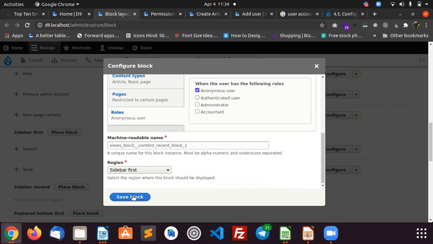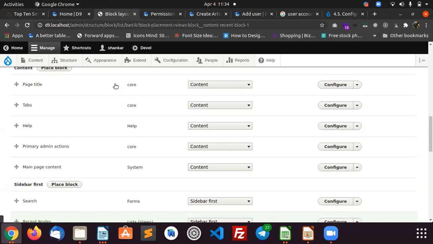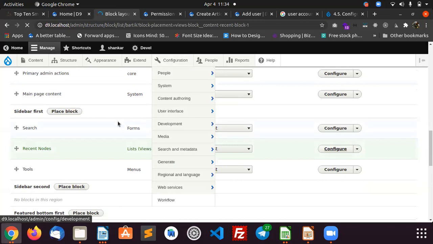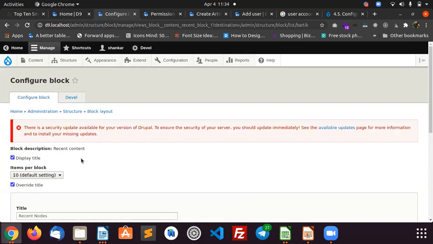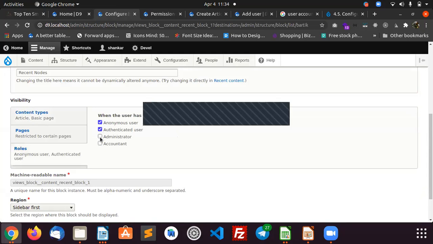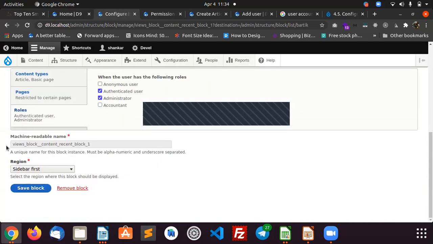Once I save it, this block will be available only for the... sorry for the mistake. I have enabled it only for the anonymous user. Sorry for that mistake. So only the authenticated user or admin user can see this block.